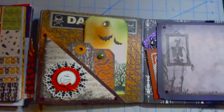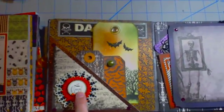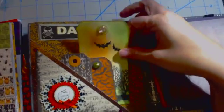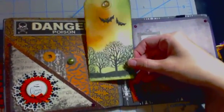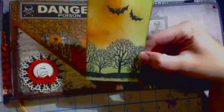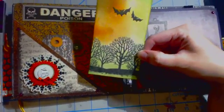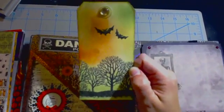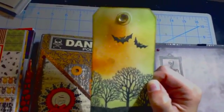This is my favorite ticket ever. This is just a little corner guy that says creepy right there, and a couple little tickets there. And then this one, oh my gosh, so cool. I just distressed it and used a little glimmer mist on it, which not only made it sparkly, but I created this little spotty look because, you know, the Tim Holtz Distress ink